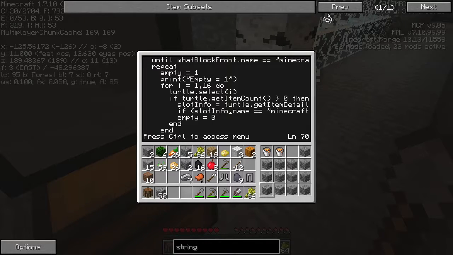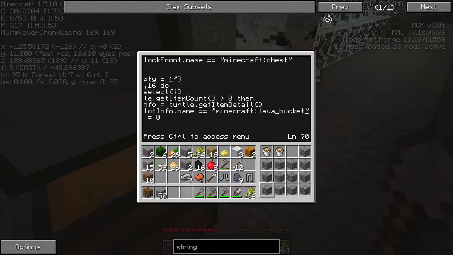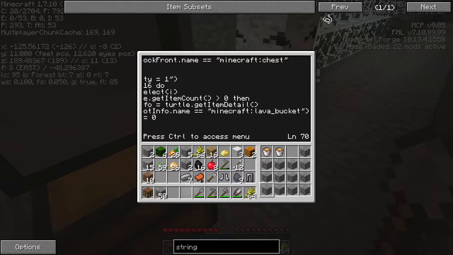So if slotinfo.name is equal to minecraft:lava_bucket, so basically if the information it got from the item in the slot turns out to be a lava bucket, this in the quotes here is the technical name of the lava bucket. So if that item turns out to be a lava bucket, then proceed with the rest of the code in